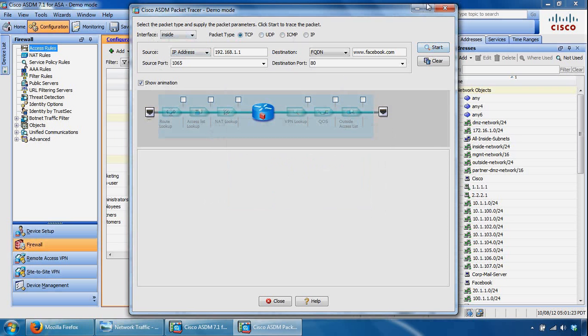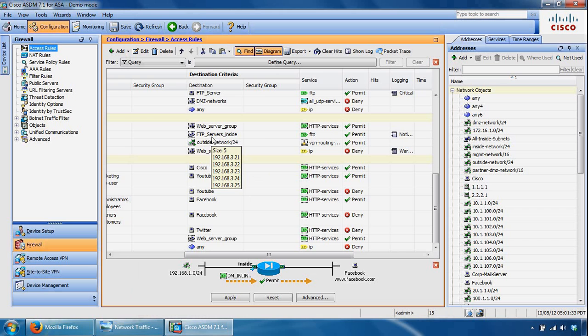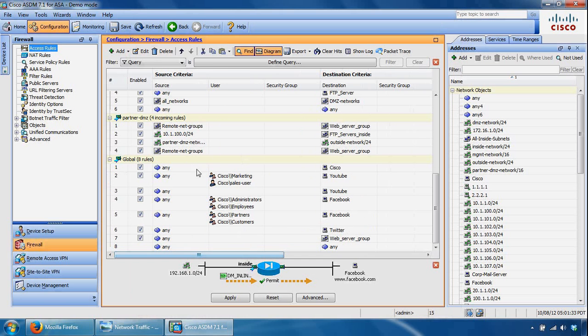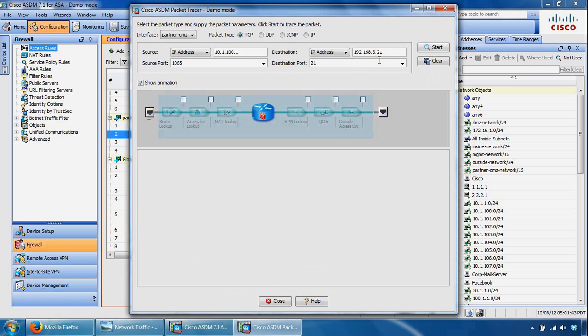Okay, so it won't work for me. And if you pick a particular rule, it already fills out the predefined details of the rules. So I've got an FTP server here inside with these addresses. Let's just do packet trace. So it's picked out one of the addresses there, and you can start port 21. You can change these. So let's just cross that off,